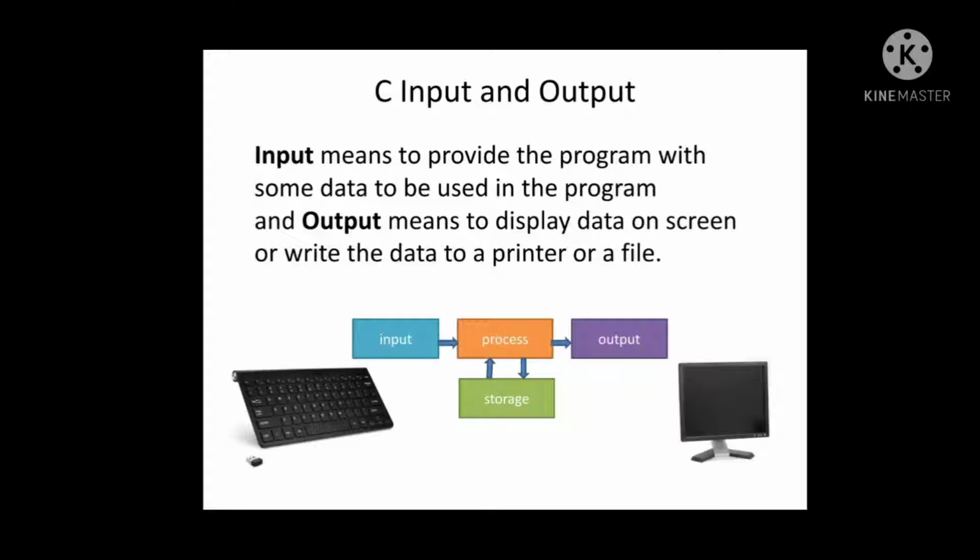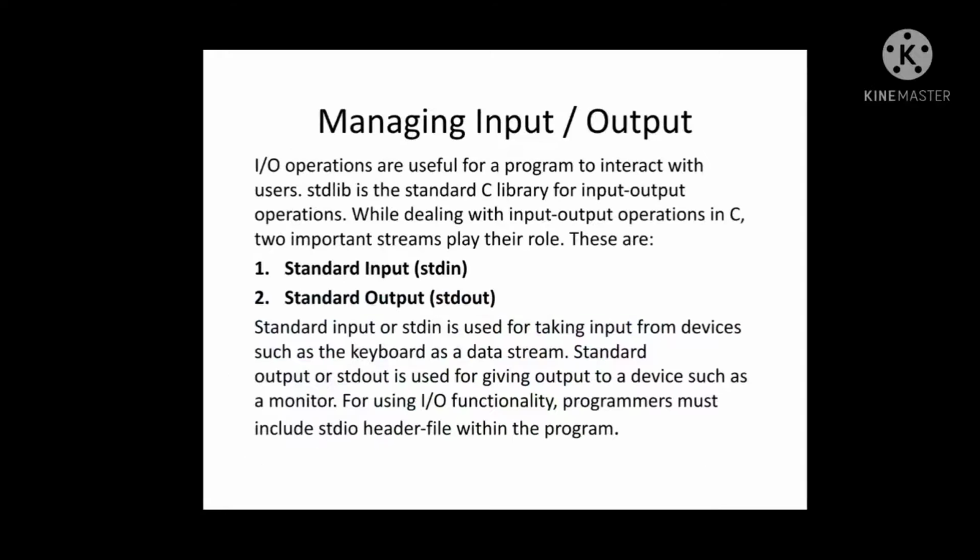In this video, I will talk about input-output operations in C language. So without any further delay, let's start. There are three main functions of any program. It takes data as input, processes this data and gives the output. When we say input, it means movement of data into program from an input device like keyboard. And when we say output, it means movement of data from computer memory to output device like monitor.